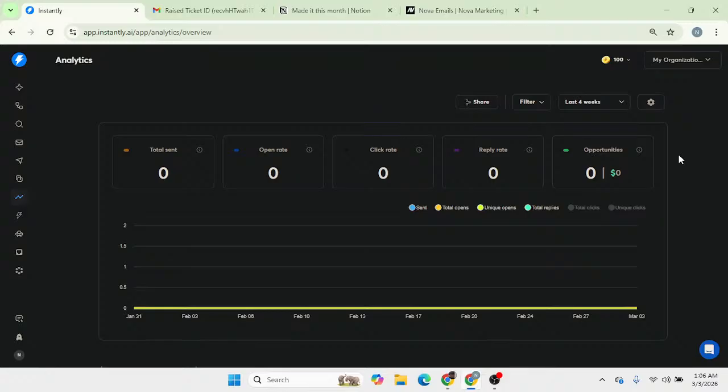That's where we go back to Instantly Copilot. So based off of my past cold email campaigns that I've been sending through this account, what are the best strategies and what should I do going forward to